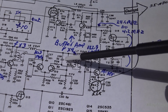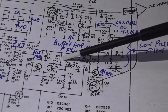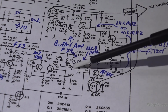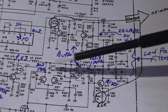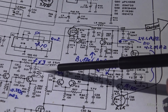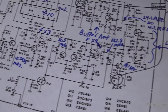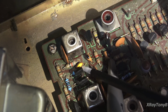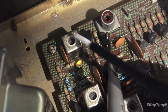Could it be something with this? I mean, you're dealing with such tiny values. Look at this. It is a 2 picofarad capacitor. You can see it's an external capacitor that's shunting across this coil here. Normally that would be inside, like this one over here. If you look at it, it's got the capacitor built into the can, right into the transformer. This one has an external one, which happens to be this little yellow one right here, the one with the yellow paint on it. That's your 2 picofarad capacitor. And it's right next to the...